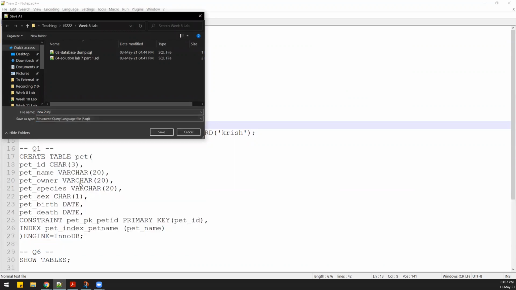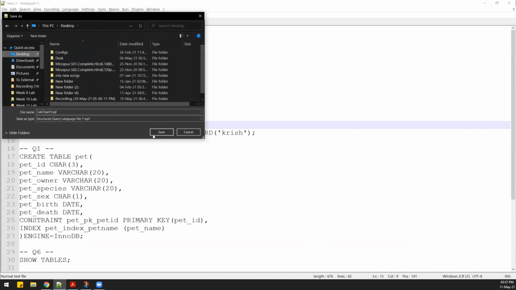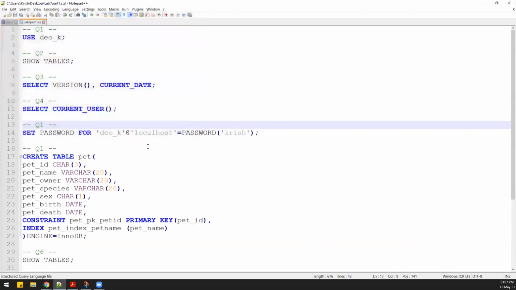So click on this, and the file type should change to .SQL. You will give a name. You can give the name as lab 7 part 1, and then just choose a destination to save and click on save.